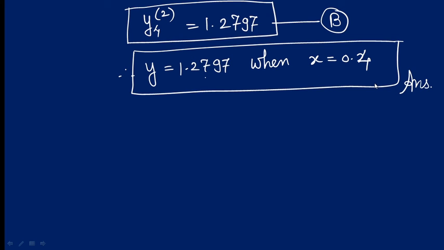Now if we evaluate the value of y for x equal to 0.5, then we continue this process. After the first iteration we get this, then we apply the second iteration and make changes in the formula. Instead of y0 we write y1 and so on, and find out the values of y for x equal to 0.5. In this way we solve the problem by using Milne's predictor corrector method. Thank you.